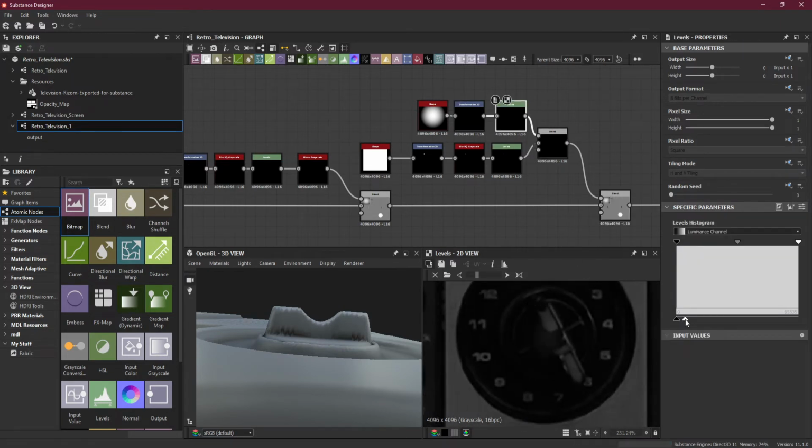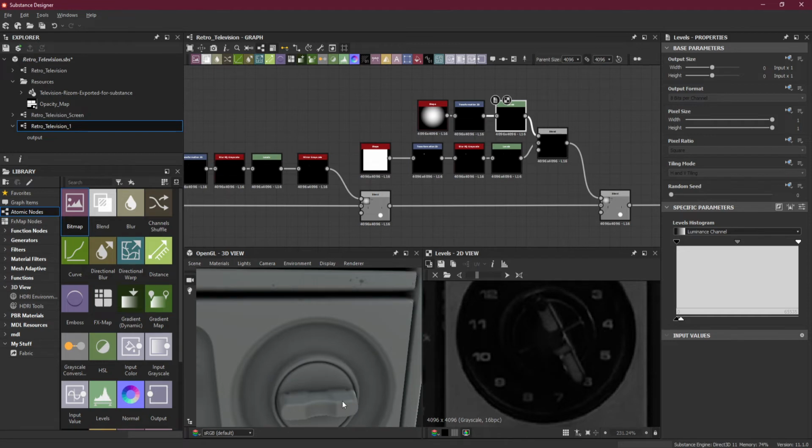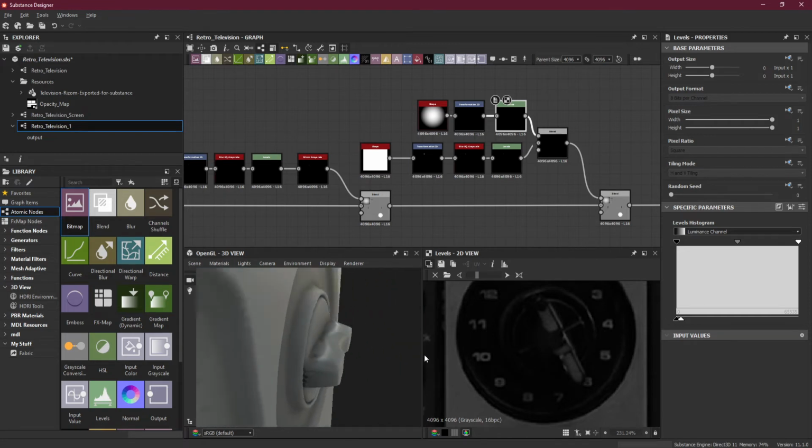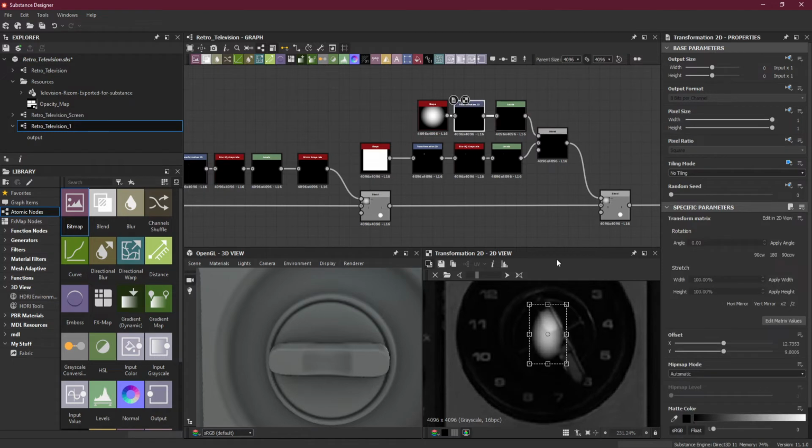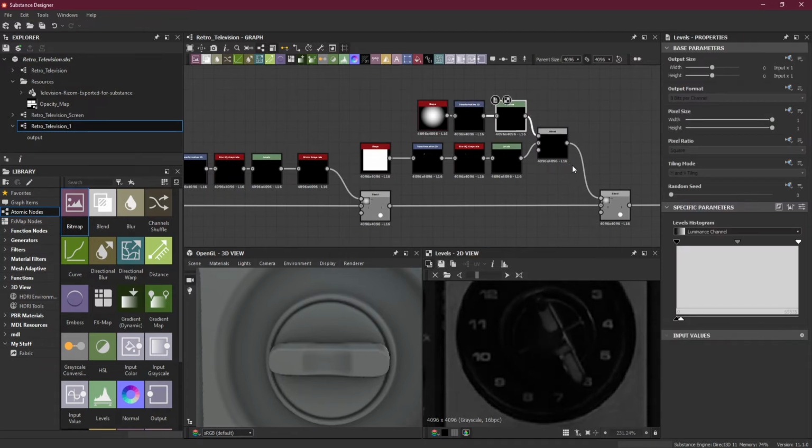Let's lower down the white amount a little bit more. Okay, so what I will do now here is that